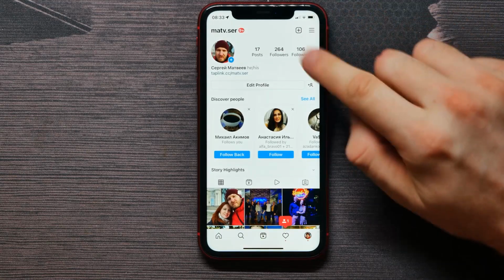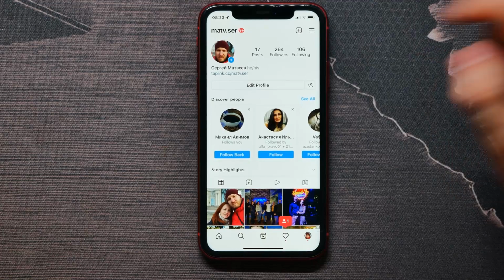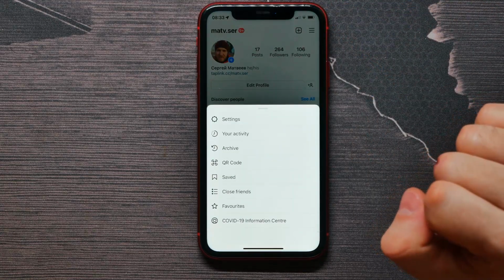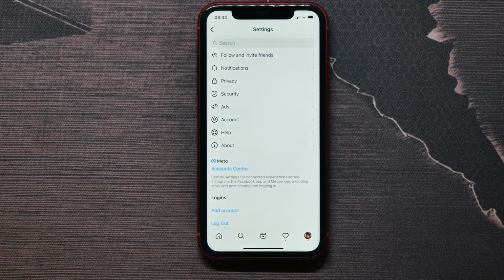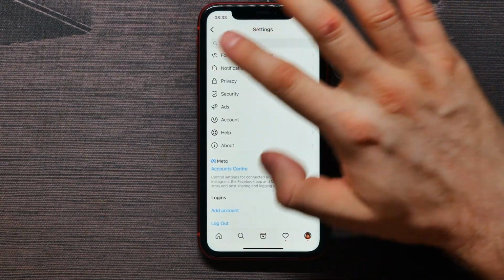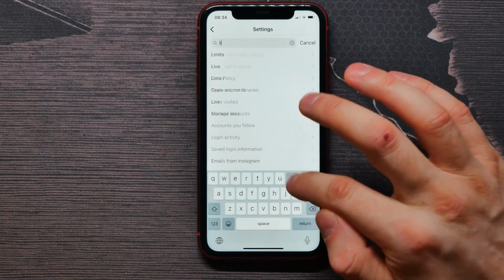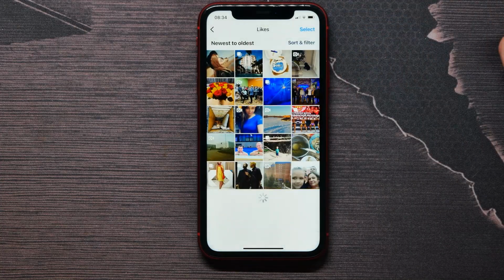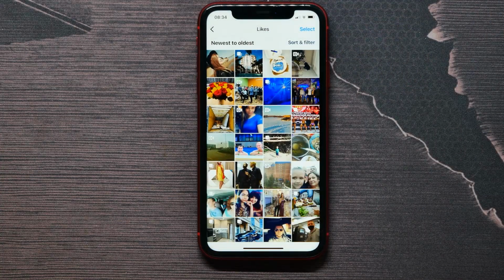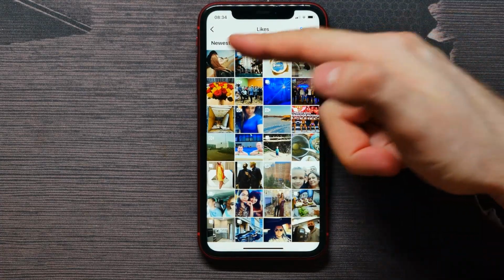Here, select your menu, just tap on the three bars icon here, and here select your settings. And now tap on that search bar right here and type in a like. Then select manage likes, and here you see all the photos you ever liked on Instagram, sorted from newest to